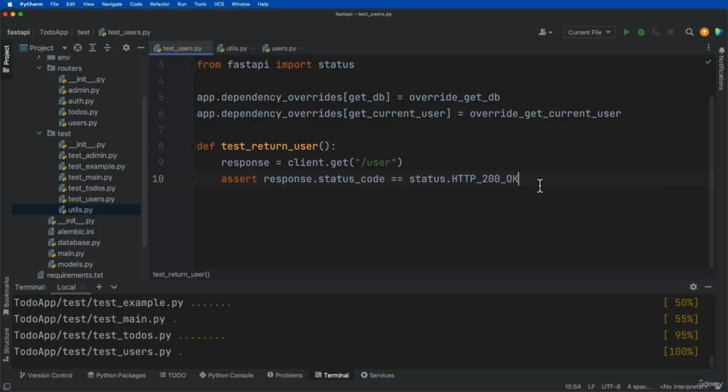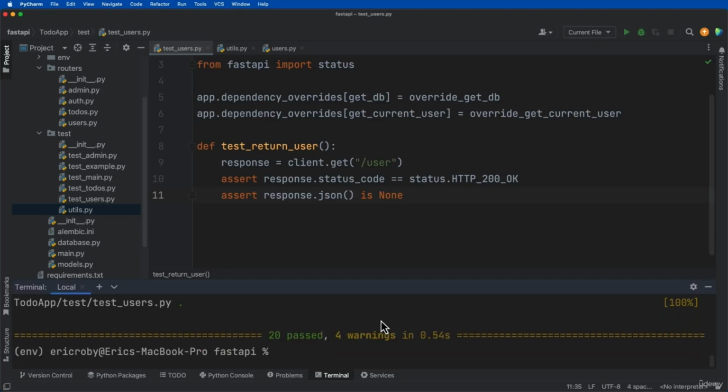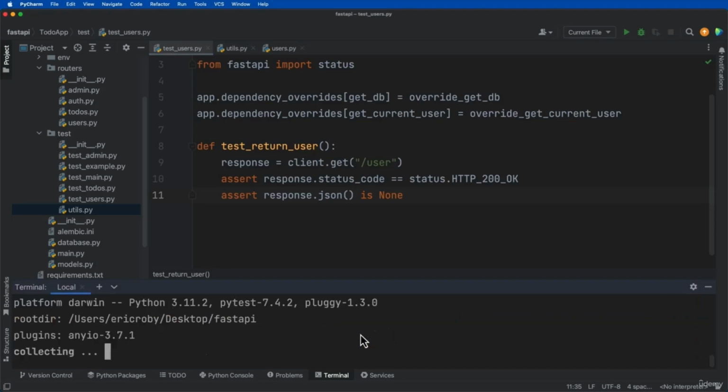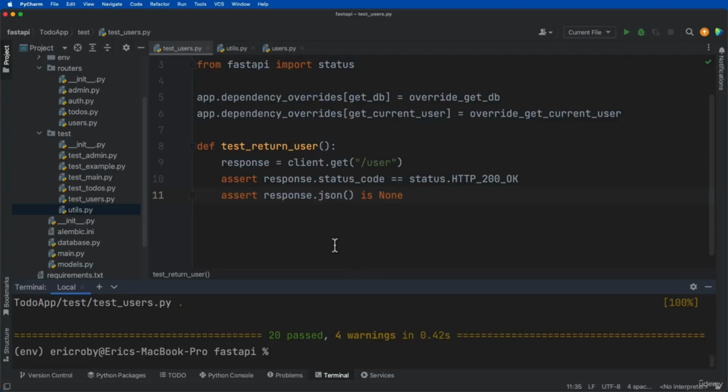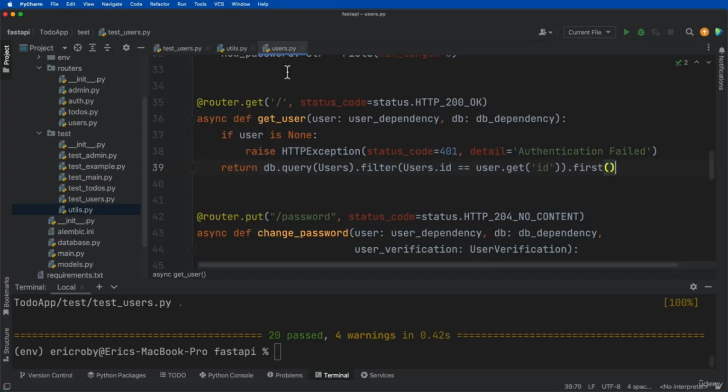So if we just did assert response.json is equal to none, and we ran our test again, we can see that it passes. And that's because we are in fact getting the correct status. The user is not none, so we return a 200, but there is no user because we're not validating it